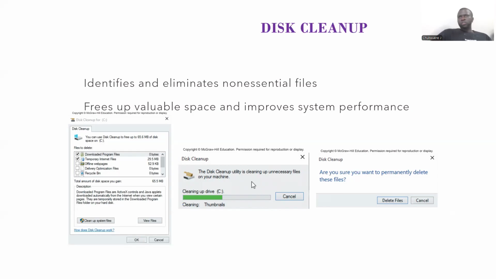It may be that the system is being used by, let's say, 90%, but within that 90% there are non-essential things that the system is busy processing. These programs will enable you to identify them, to eliminate them, to close them, to optimize them,